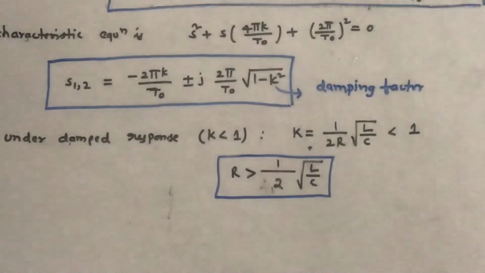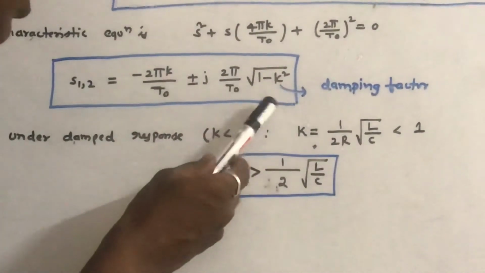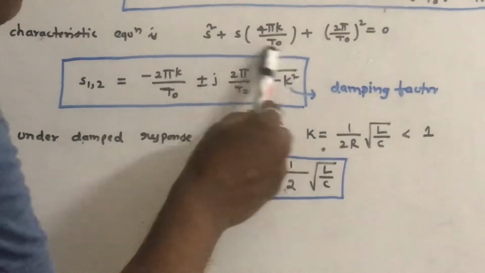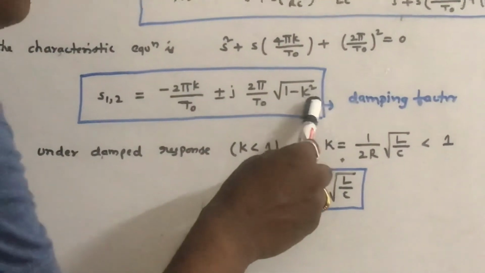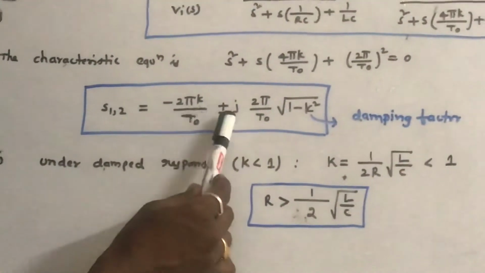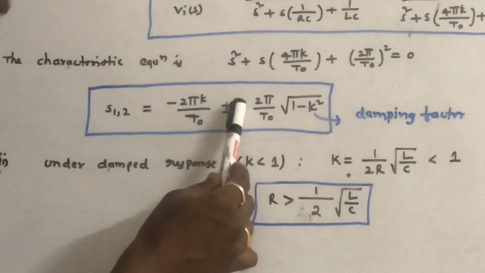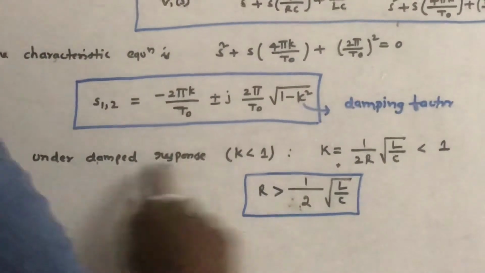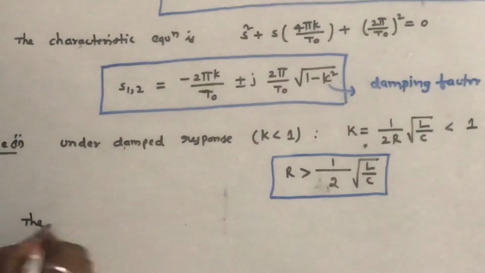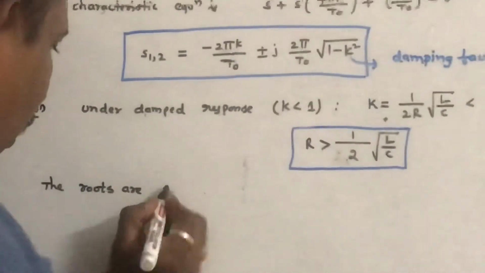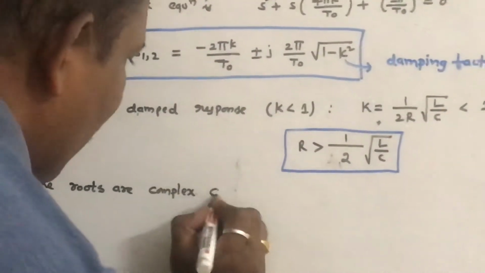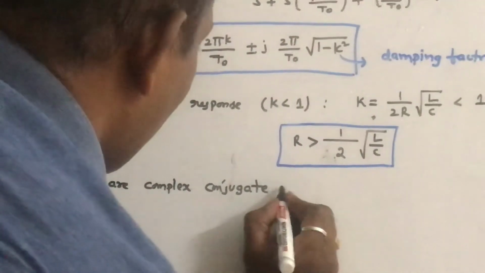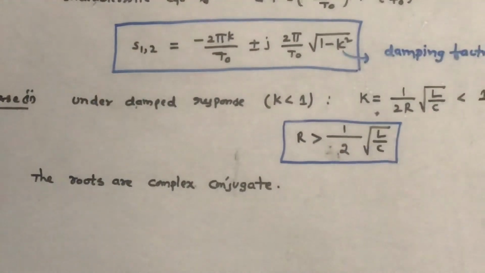So we can write like this, k less than 1, or from this formula we can write like this. Now in this formula you can see if k is less than 1, that means this root will remain a real root. This factor or this coefficient will remain a real one. So therefore, what will be the roots? The roots are complex conjugate, that is a plus or minus jb format. The roots are complex conjugate under this condition. That is the very, very important point. So under this case, the roots are complex conjugate roots, which are in the format of a plus or minus jb.